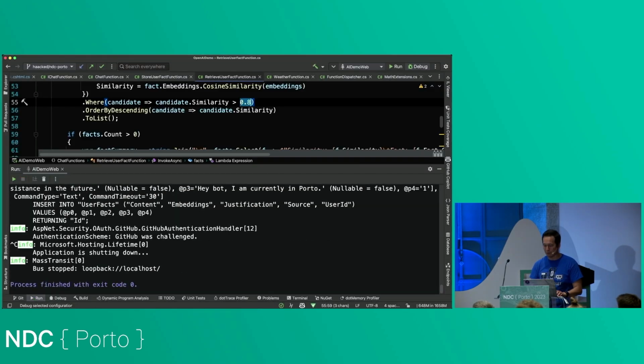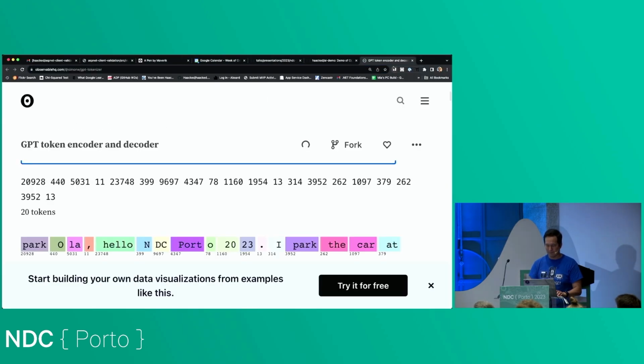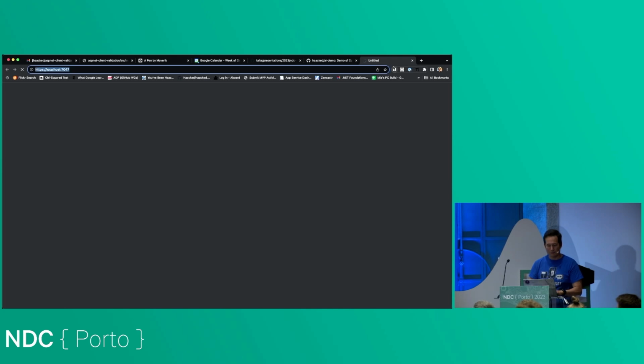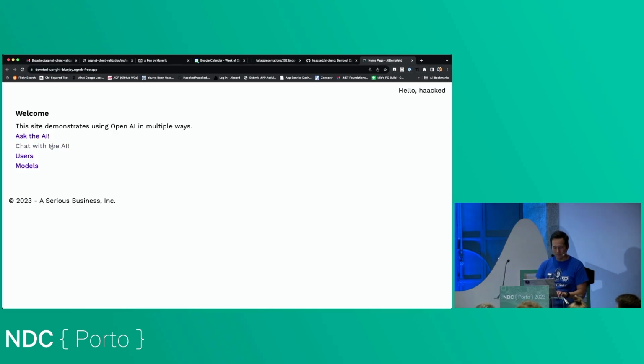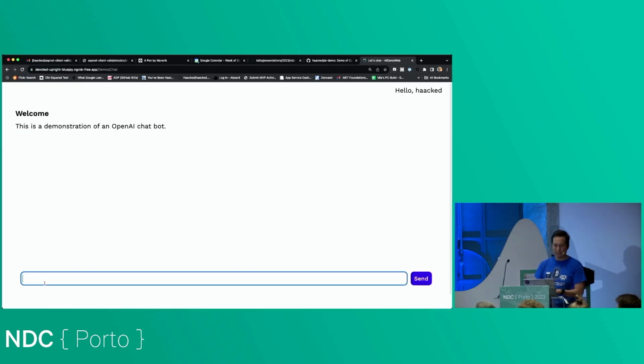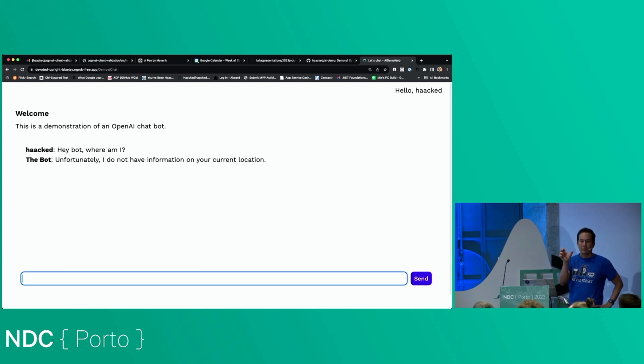So it would know I'm in Porto just by the fact that it's currently in the session. I'm going to stop this one and restart it. Now I'm going to ask it, hey bot, where am I? So now it's taking that prompt, it's generating an embedding, it's getting all the facts it knows about me, and it's failing.